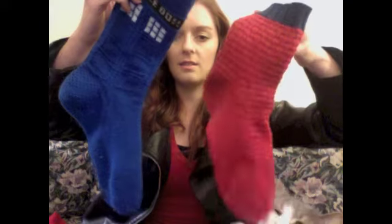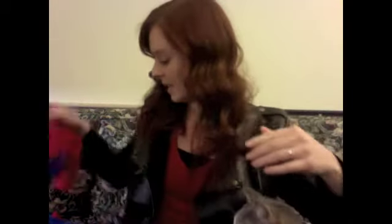Ta-da! So I wore these today. We actually went to a wedding this morning that my husband's quartet was singing in. And I wore boots, and so I wore these under the boots. It's a little sneaky thing. No one could tell, but silently showing my Doctor Who support. So I'll wear them on Monday to the